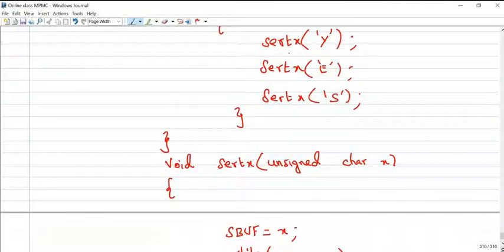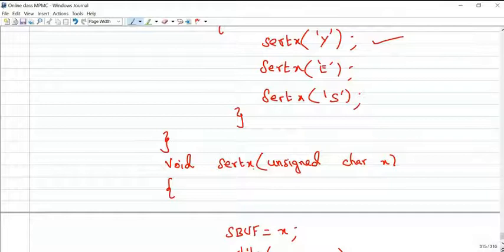So I'm calling this serial transmission function and passing capital Y, so x equals Y for this function call. For the next function call, x equals E. For the next, x equals S. I hope you have already studied basic C programming in your lower classes, in the first year itself.